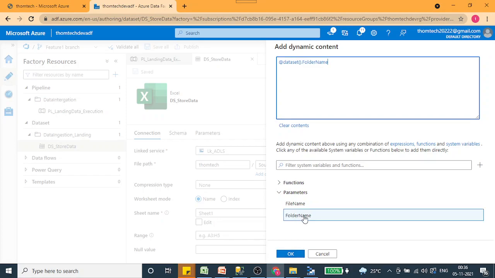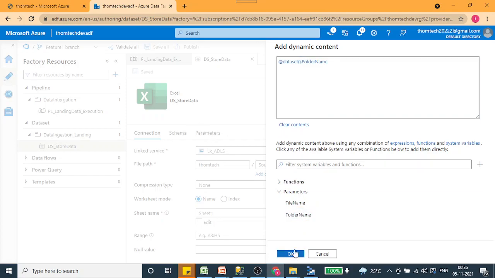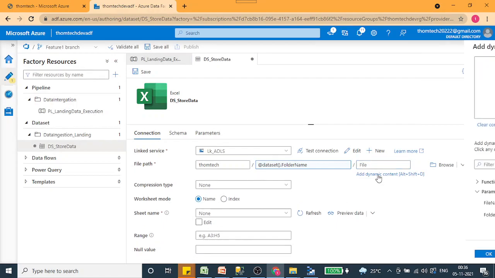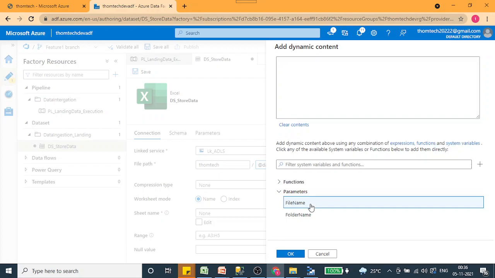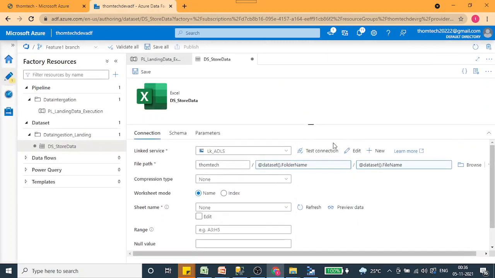This is the parameter that got created over here, right? Let's click over here, and file name also, and then pass this as the file name. That's it. Now our data set has been parameterized. Click the save button again. That's all.